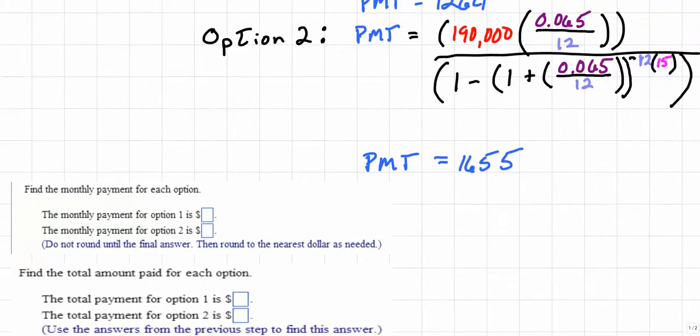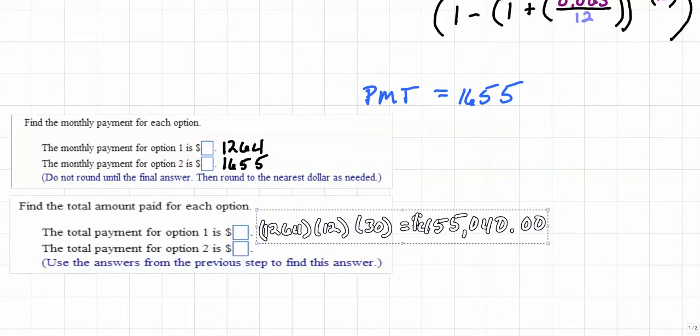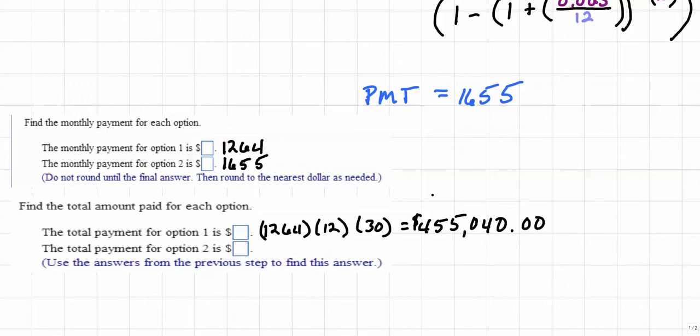So the next thing is I just go ahead and go into my MATLAB, and I'm going to enter 1264 for option 1, and I'm going to enter 1655 for option 2. And remember, as I said, we're going to round to the nearest whole dollar. Now, the total amount paid for option 1, we're going to do that by taking 1264, which is the payment amount, multiplying by 12, which is the number of payments in a year, multiply by 30 because the term of the note is 30 years, and I get